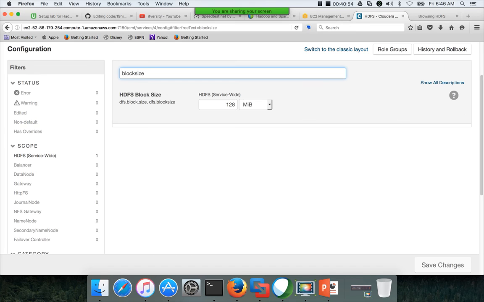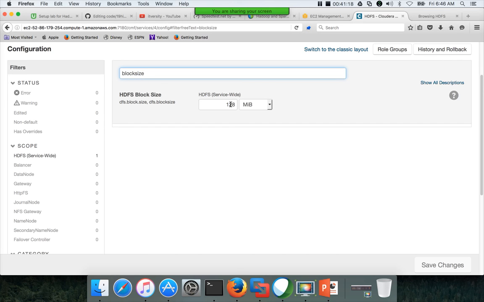In this case, I am searching for block size, and block size is 128 MB. These will be there in the core-site.xml and hdfs-site.xml files in Hadoop, and block size is explicitly for HDFS, so it will be in the hdfs-site.xml file, which will be deployed on all the nodes in the cluster.